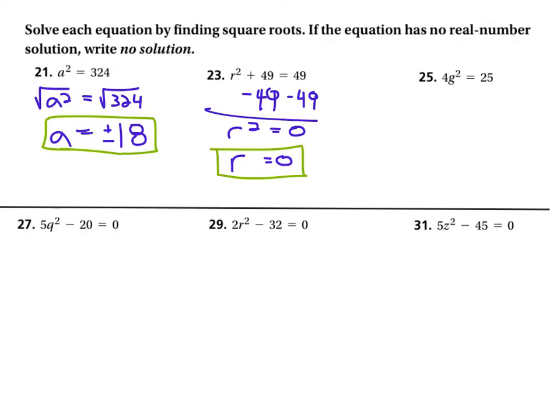Now, for number 25, what we need to do in this one is we need to just say g squared equals. So what does that look like? Well, what that looks like is this. You take 4g squared and you divide it by 4. And that means you have to take 25, divide that by 4. And what you get as a result is g squared is equal to 25 over 4. And if you then square root them both, sorry about that, square root them both, what you get is g is equal to,